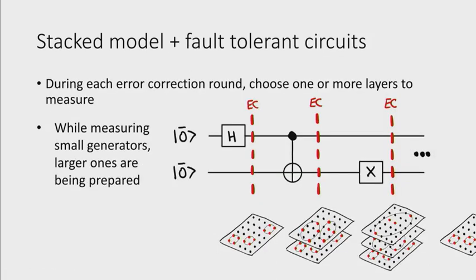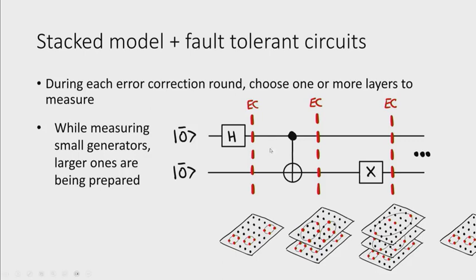So the stacked model has a direct application to fault-tolerant circuits. And what we're going to do is during each error correction round, we're going to choose one or more layers of the stack to measure. So, for example, we have a logical circuit here, and after each logical gate in the circuit, we're going to perform some error correction. And during each error correction step, we're going to choose one or more of the layers